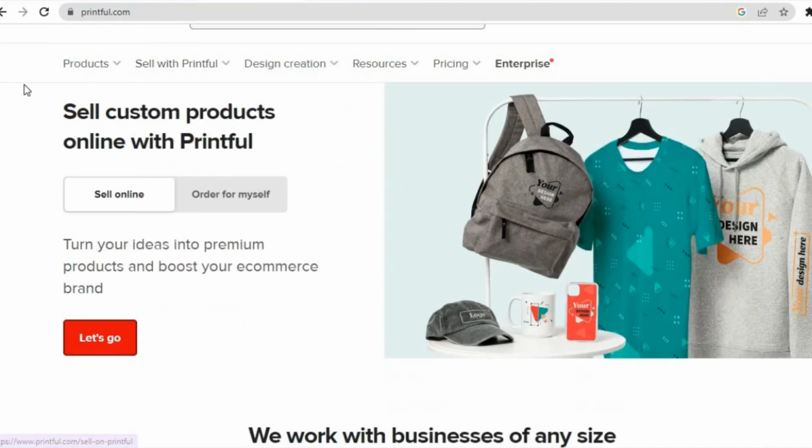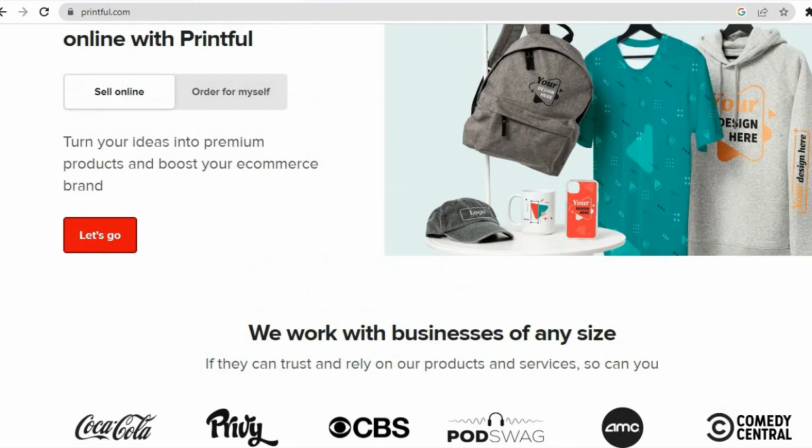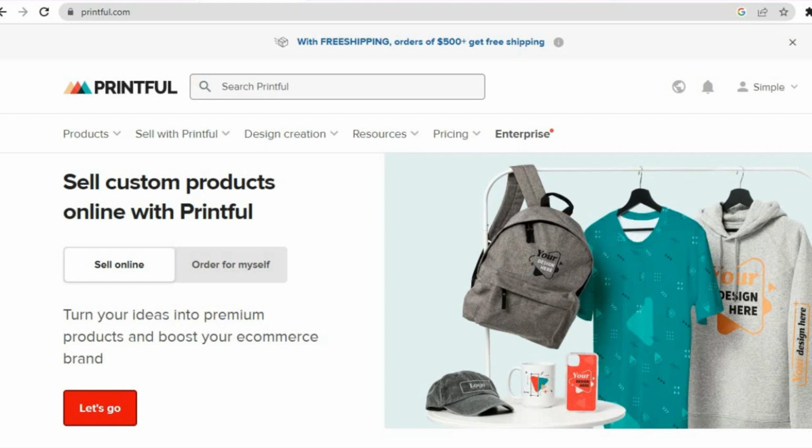With printful.com, you'll be able to do print on demand. And by the way, if you don't have a full grasp of what print on demand is, basically all you'll need to do is go onto this platform that I'm about to show you. You're going to upload your design. Once you have uploaded your design and chosen the product that you would like your designs to be printed on, if someone should go onto your Wix website, see an item that they like, make a purchase, you don't have